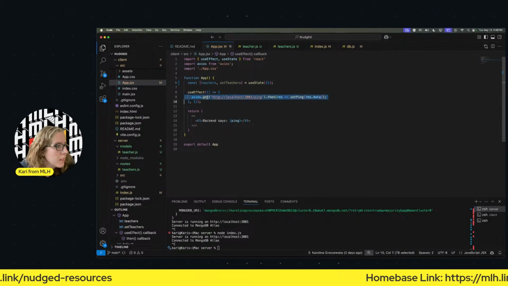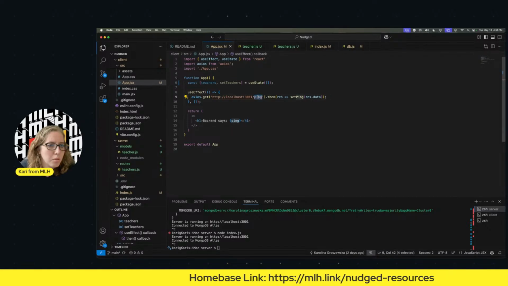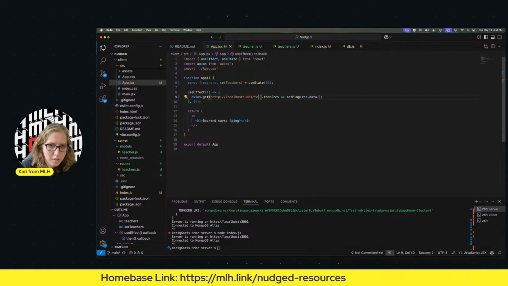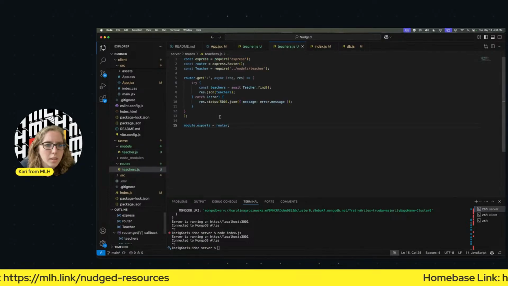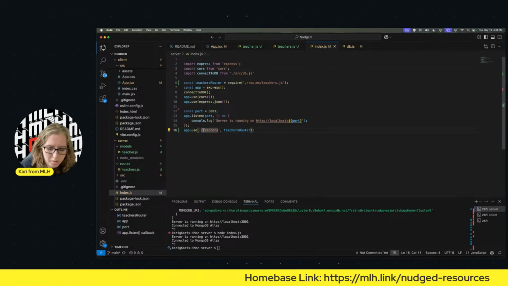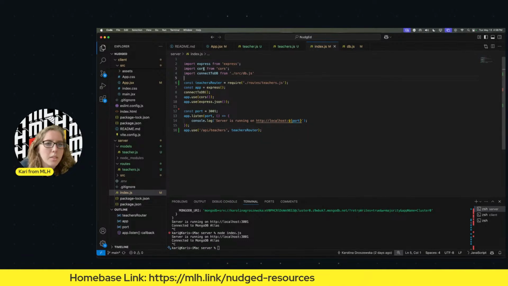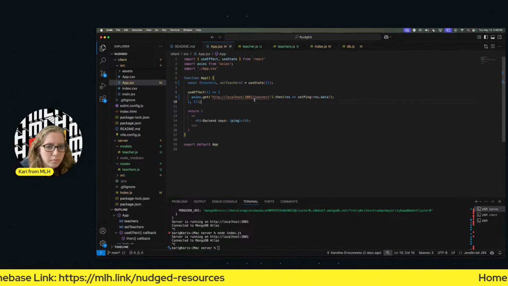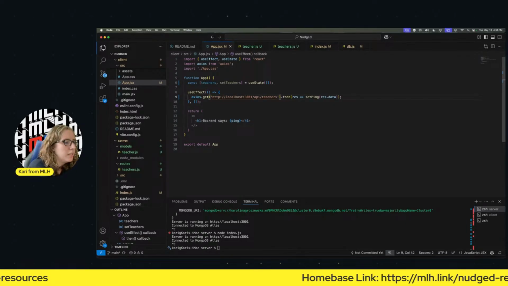Then use effects. I want to get fetch localhost 3001 teachers. Guess that would be like API /teachers, right? Teachers router /teachers, then do